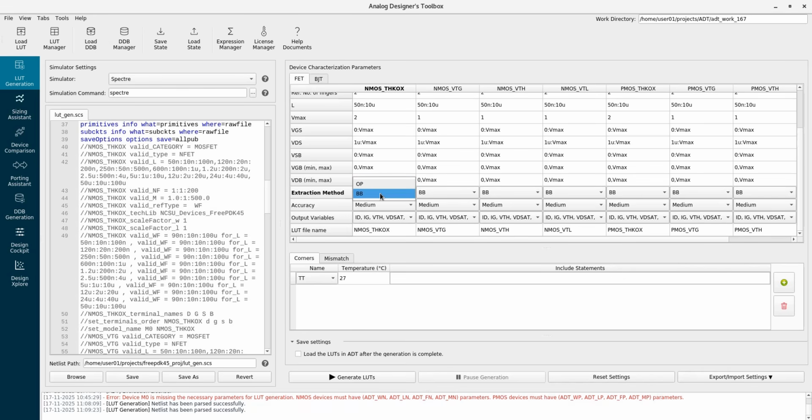The BB is the black box characterization, which is more accurate. It takes a bit more time, but it is more accurate because it characterizes the effective parameters of the device. So I select BB for all of them. And then the